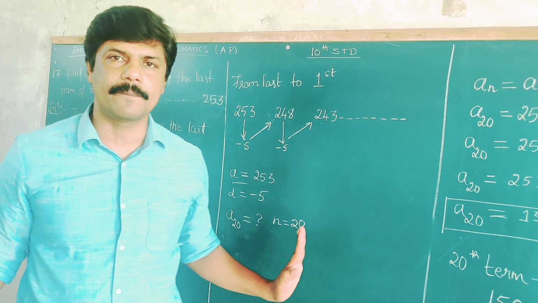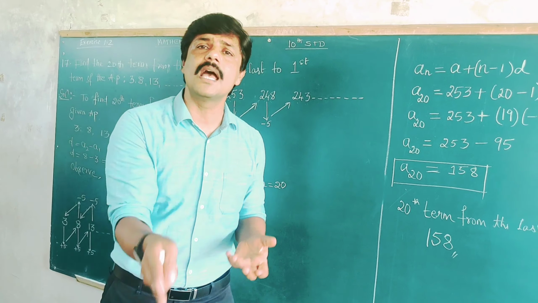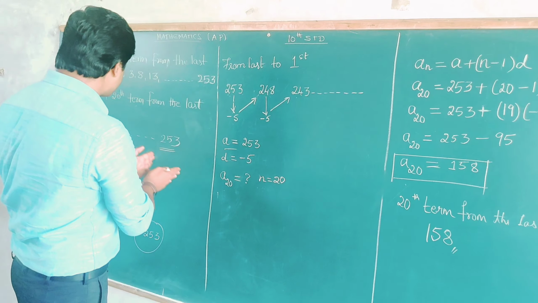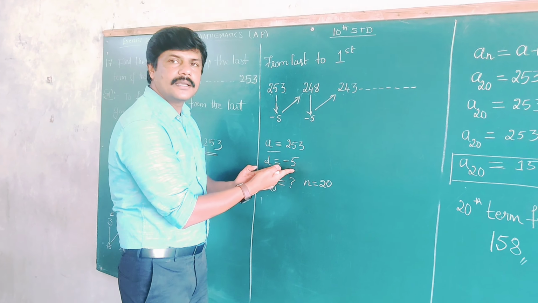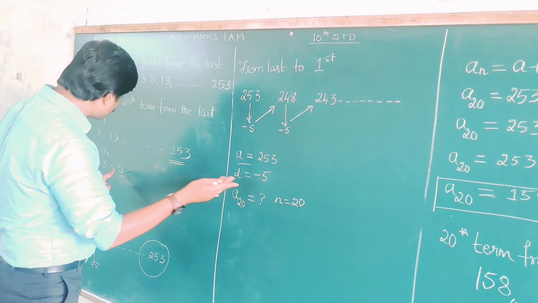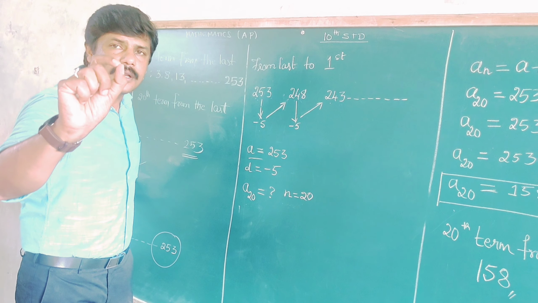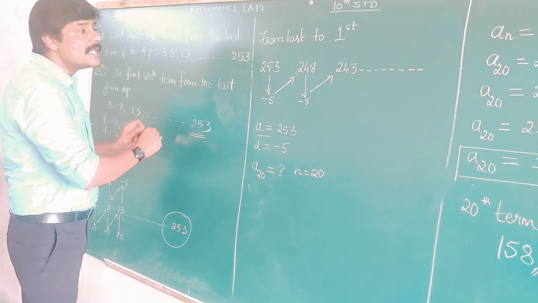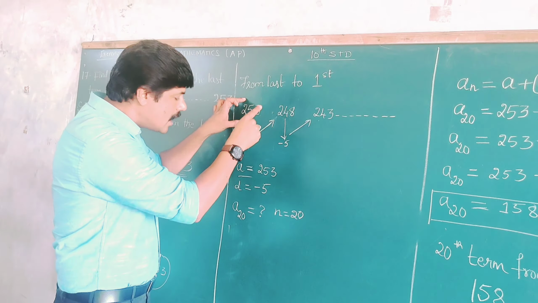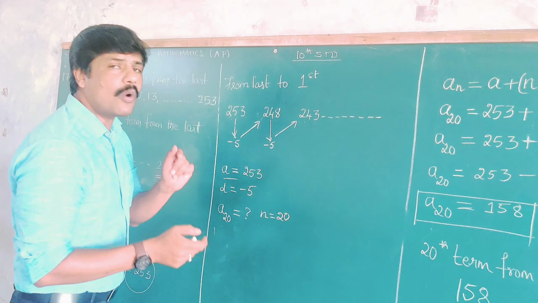That's all the difference. The last term becomes the first term, and the common difference plus becomes minus, or minus becomes plus. What is the common difference in general here? Here the common difference is 5. Now the common difference is minus 5. If it were minus 5, then it would have become plus 5. Understand, children? Note this point very carefully. The common difference here is 5. Since we are taking from the last term, the common difference becomes minus 5. Understand?